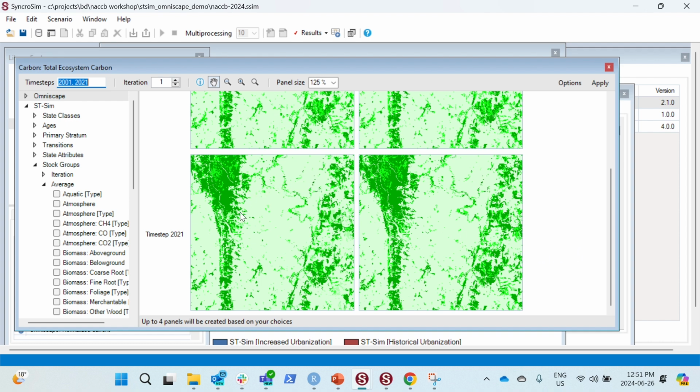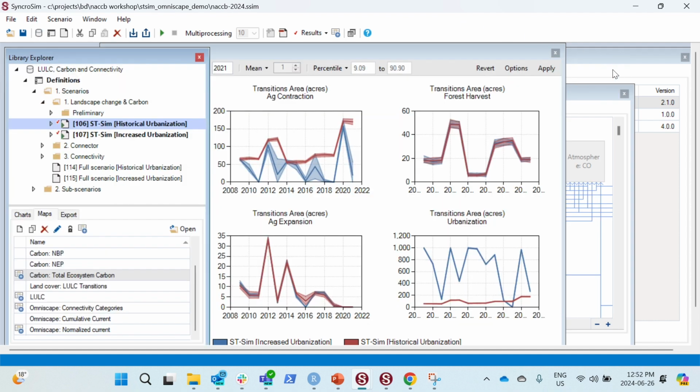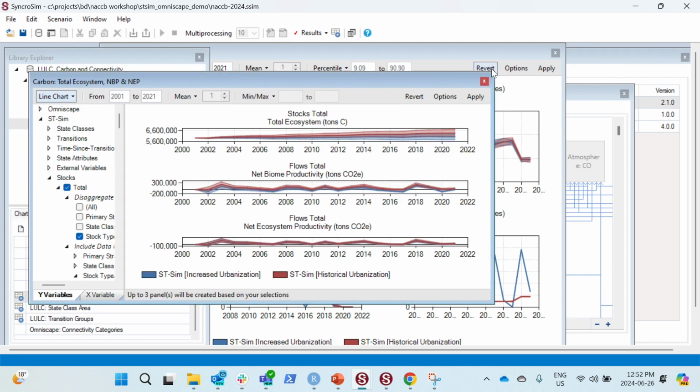And the scenario on the left is the increased urbanization scenario. And we can get graphical summaries of those scenarios as well. So in terms of changes in ecosystem carbon, so in this case,